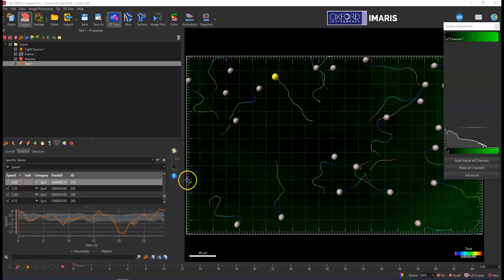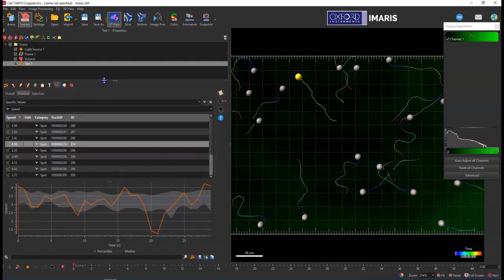Today I'm going to show you how to recreate one of these kinds of graphs that you see in the statistics tab of Imaris, but using Vantage. So you have a few options in Imaris when you create one of these graphs that you see here in the statistics tab. Just to make this graph as large as you would like,